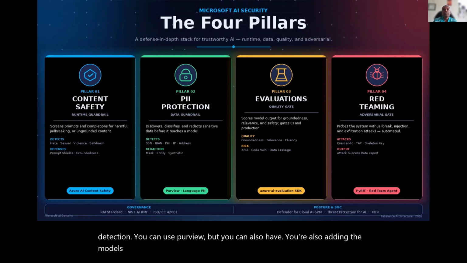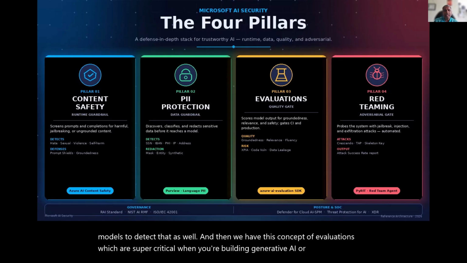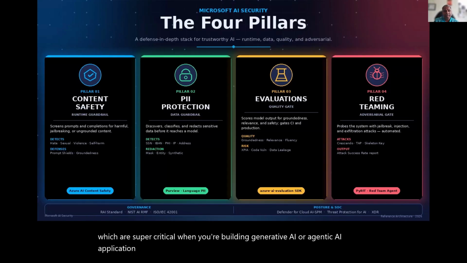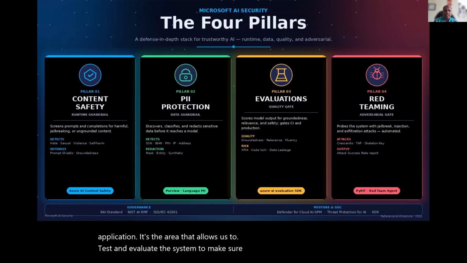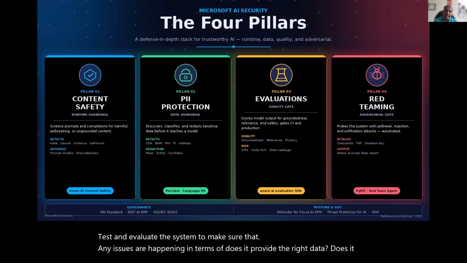And then we have this concept of evaluations, which are super critical when you're building generative AI or agentic AI application. It's the area that allows us to test and evaluate the system to make sure that any issues are happening in terms of does it provide the right data, does it provide you unnecessary information, if someone can hack into it.